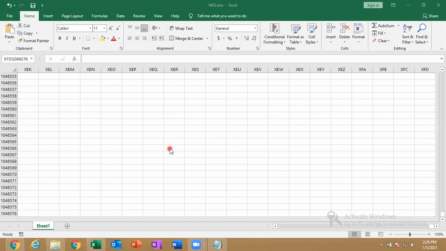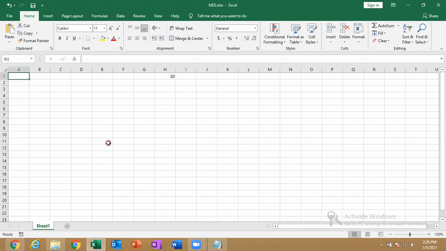Okay, so I told XFD. So how will you understand what XFD means, how are you saying that it is 16,384? So it is not a rule. You do not have to use the columns only as alphabets. You can use the columns as numbers also. Very simple. Just see, follow my steps.